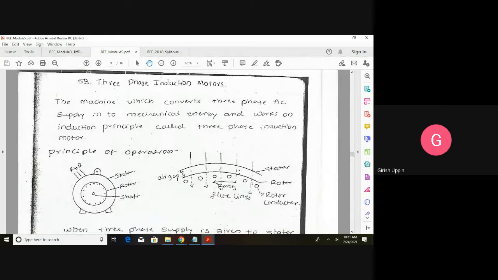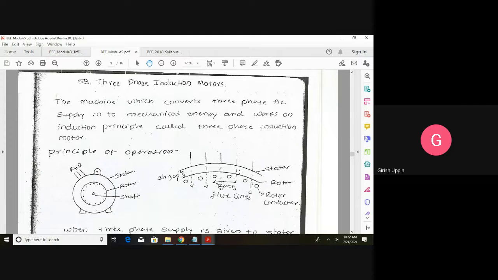Okay, that completes the alternator. We will see a few problems based on the alternator, or I will share a PDF. There are very simple problems based on the EMF equation, and also we have problems based on the induction motor. First, what is the principle of operation of a motor? As I told you, whenever we place a current carrying conductor in a magnetic field, it experiences a force. That is the principle of operation of any kind of motor.